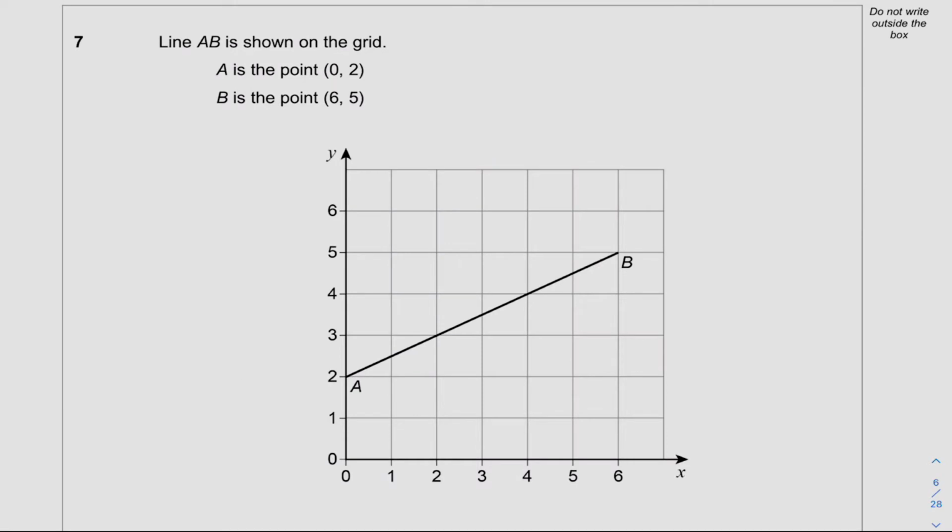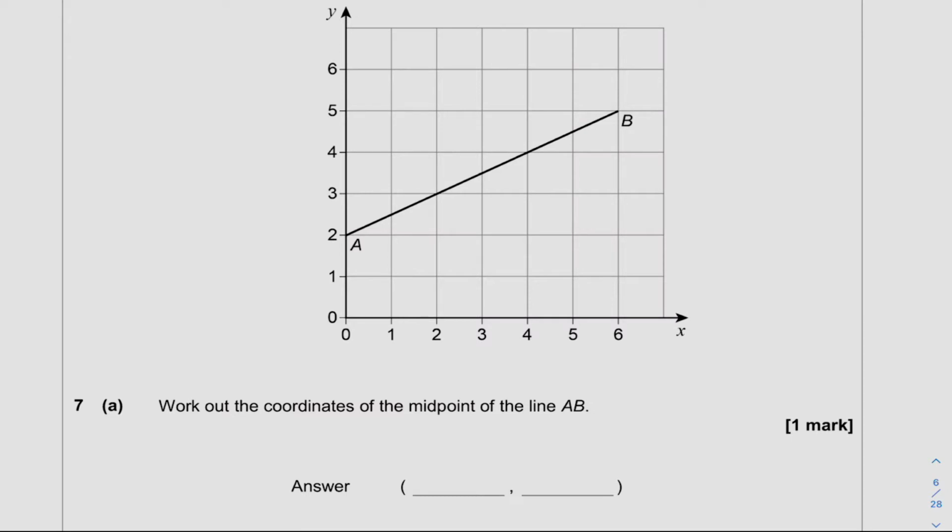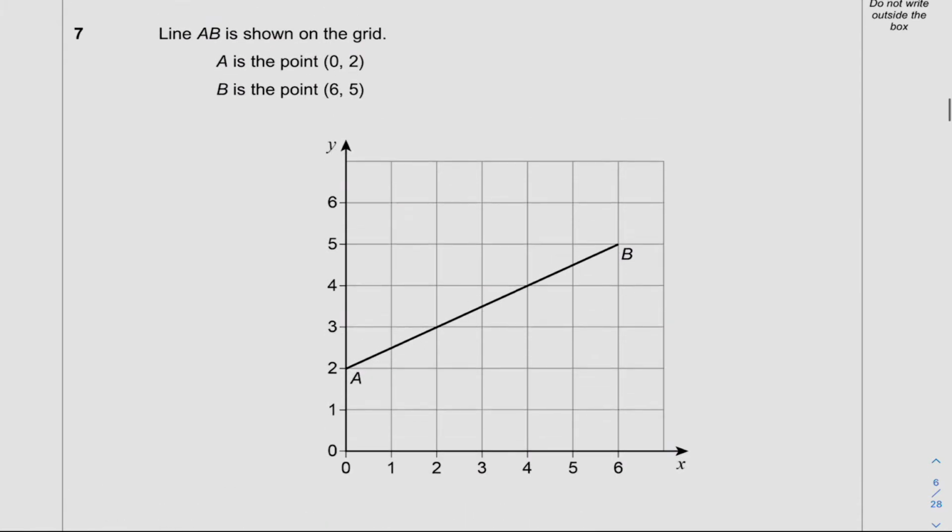Okay, so for question 7, we are shown a line AB on the grid, which is here, and we are given the points of A and B being (0, 2) and (6, 5) respectively. We are then told that we need to work out the coordinates of the midpoint on the line AB. So to work out the midpoint, we need to calculate the change in X and the change in Y coordinates first of all. So the change in Y, we start from 2, the point A, and we go all the